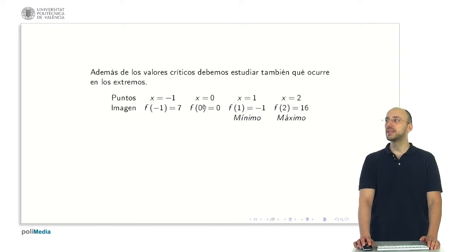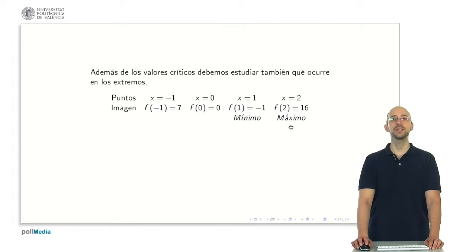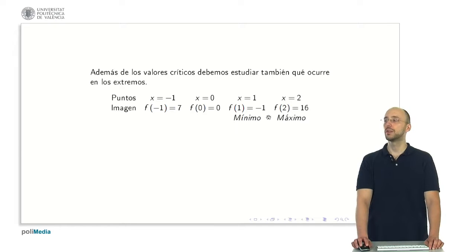What's the next step? We evaluate the original function at each of these points. The function yields a value of 7 at minus 1, 0 at 0, minus 1 at 1, and 16 at 2. To determine the maximum and minimum, just take a look at the values on the screen. Among these values, 16 is the highest, meaning it is the maximum, while minus 1 is the lowest, indicating the minimum. Therefore, the function reaches a maximum at the point (2, 16)